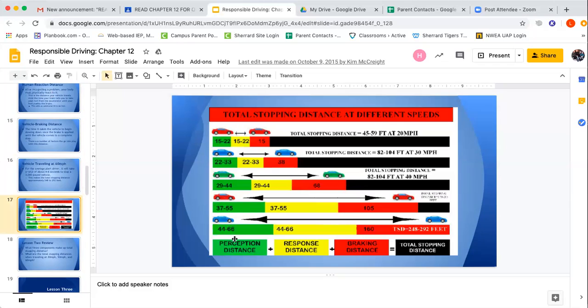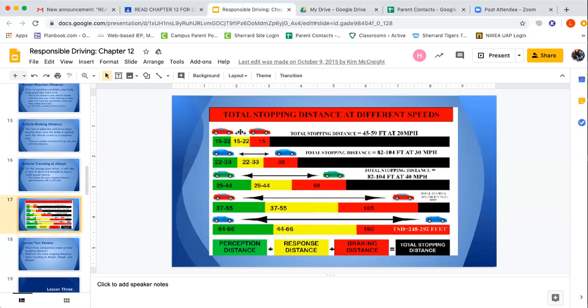Okay, so she's got a little bit of a picture representation of what that would look like. Total stopping distance for 20 miles per hour, for 30 miles per hour, 40 miles per hour. So it gives you your perception distance. So when you see the hazard, you react to the hazard, you hit the brakes, then it equals your